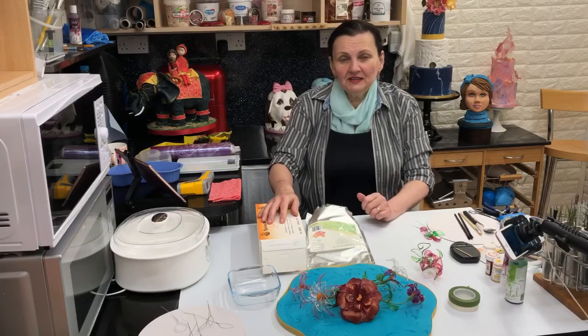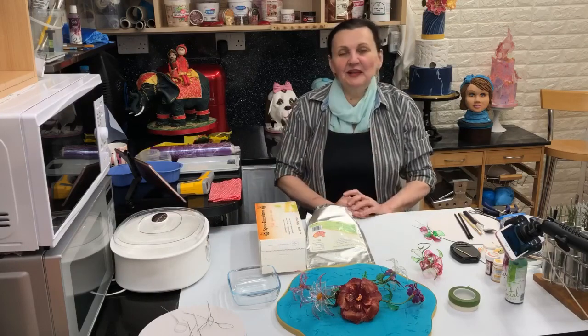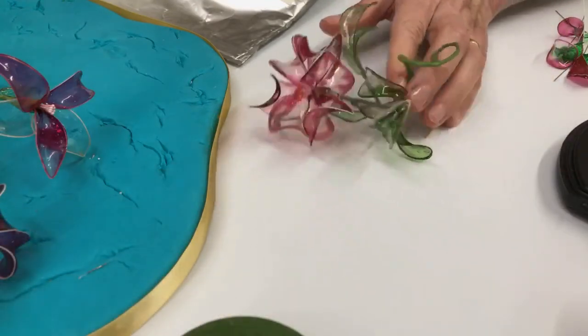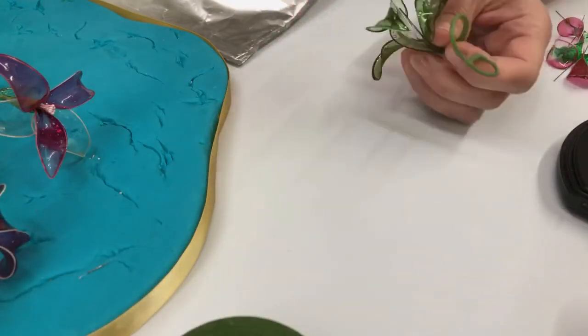And I will create some petals using some colored gelatin solution, some leaves, and I'll put together a little flower similar to the one I've just showed you. So we'll try to achieve something similar, with the only